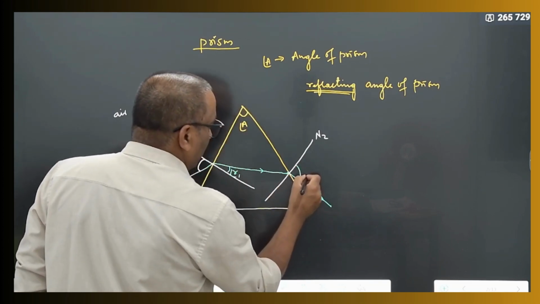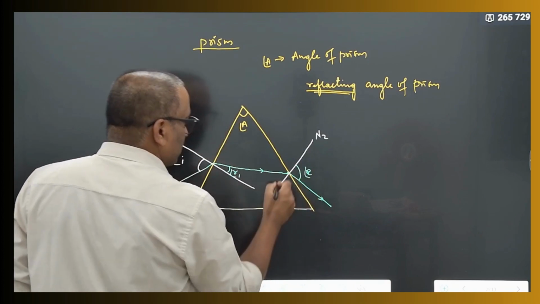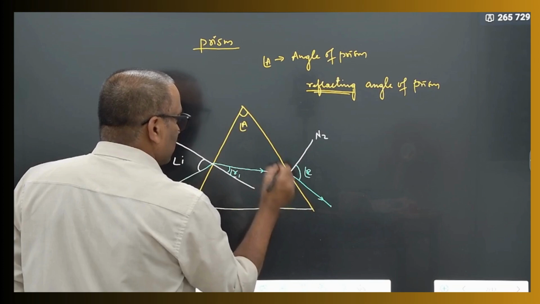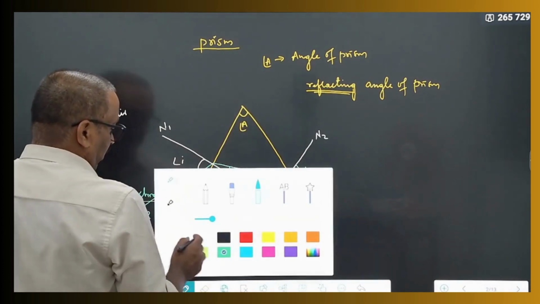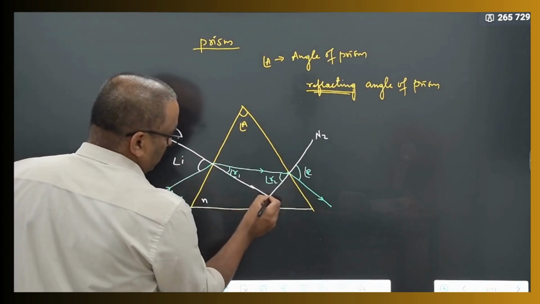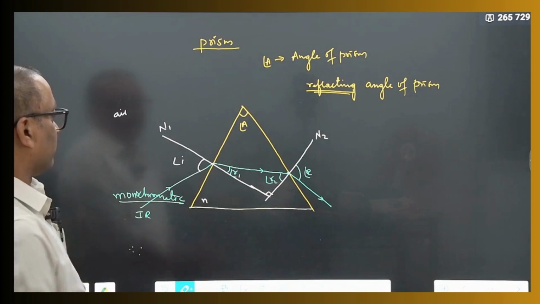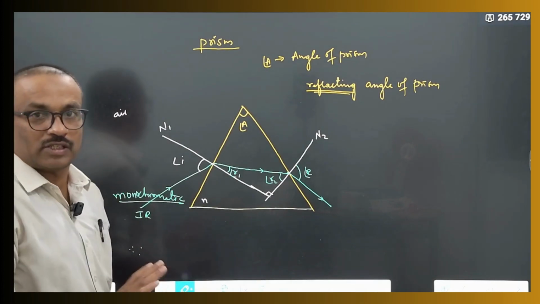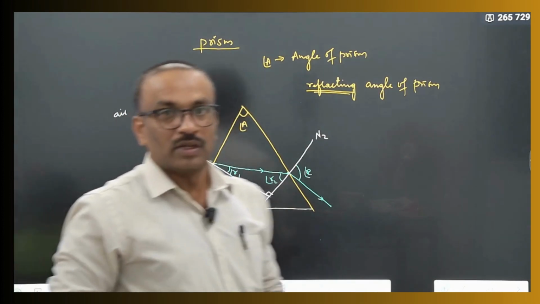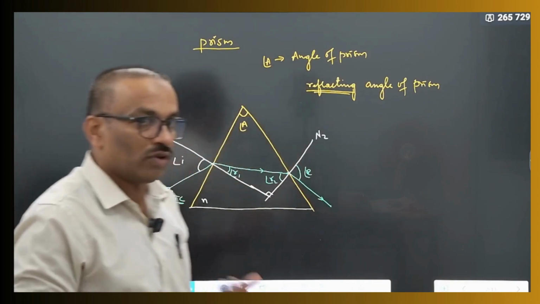So this angle we'll call the angle of emergence. This angle is nothing but the angle of second refraction. Here the two normals are making some angle theta. Clear? In this way you need to draw the ray diagrams. Sometimes you can also see that